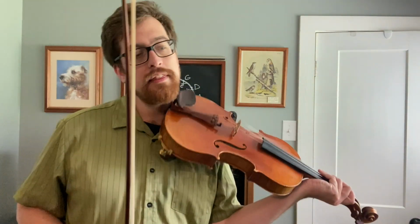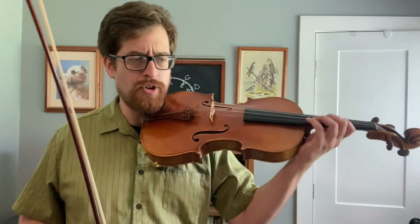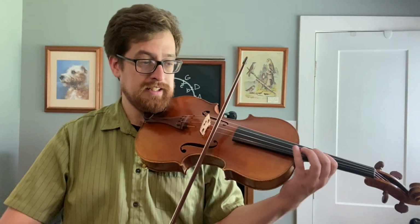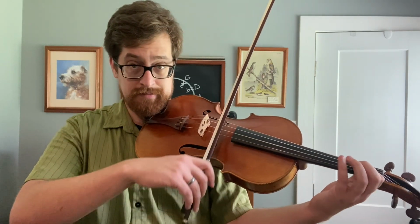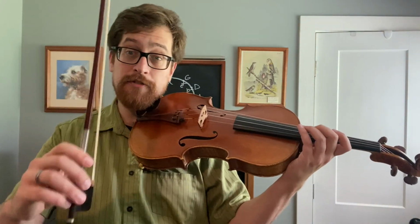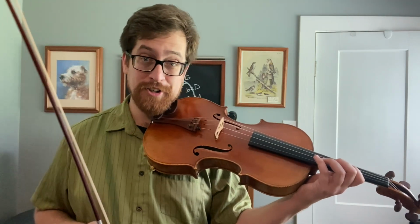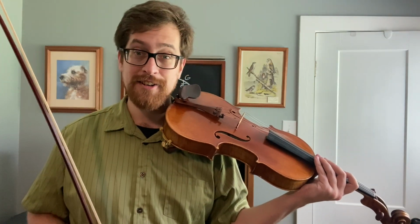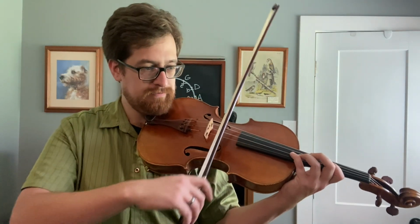So we're going to approach this in much the same way we approached the measure before that. I want you to think about subdividing, ta ta ta ta ta ta ta ta. Let me subdivide with my bow. You can feel free to play along if you want. I'm going to play 16th notes and then the slurred 32nd note. So I'm going to play 1 E and a 2 E and para, 1 E and a 2 E and para, and so on. Ready? And...